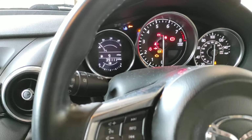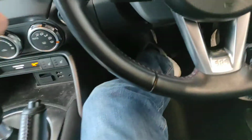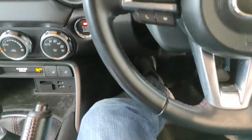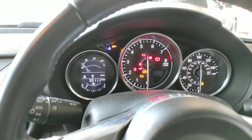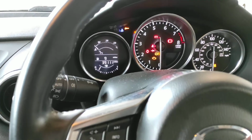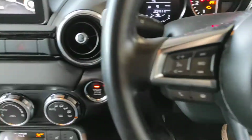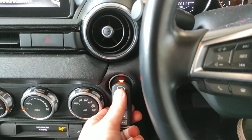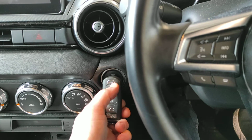Now, that's the keys programmed themselves, and they will start the car if you press the button with them. But right now, the proximity system won't function. And that's why you'll get a little flashing security symbol there. And it's dead simple to pair these back up so that the proximity works as well. All you do, get the key, hold the symbol up against the button, pop the clutch down again, turn the ignition off,